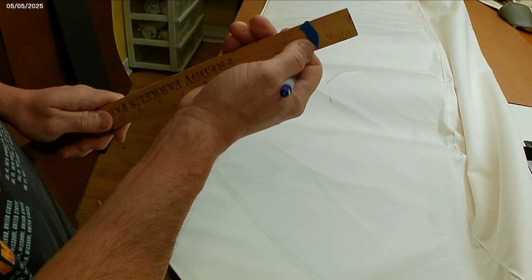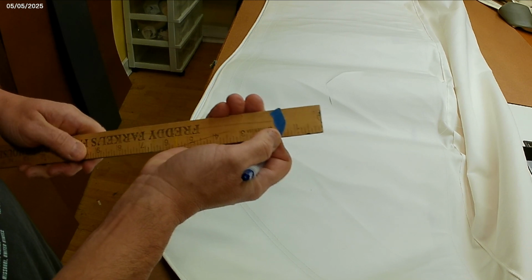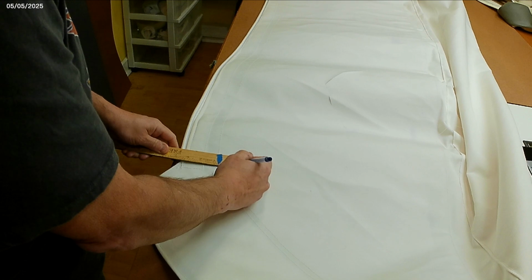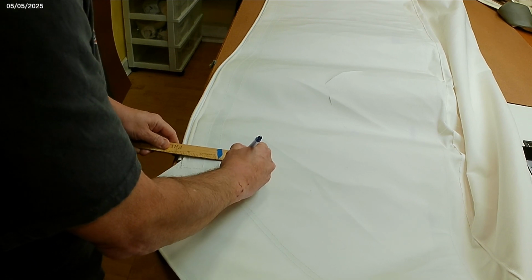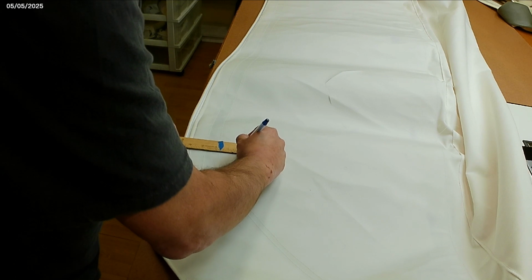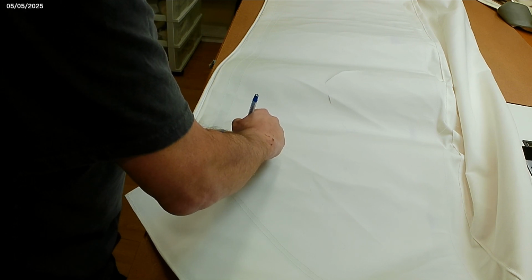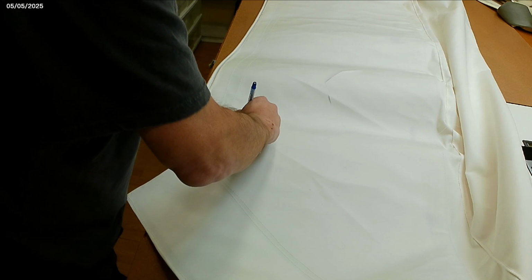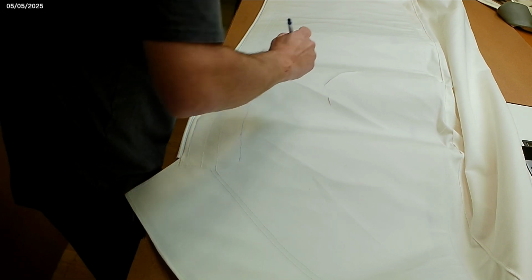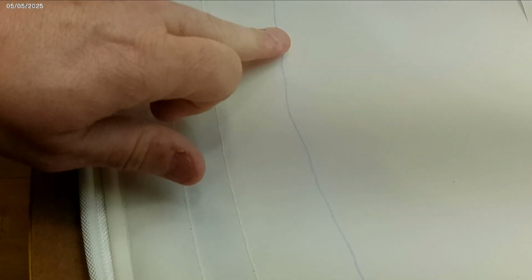What I do is I take a piece of tape and I mark where I want the 1.5 inches on the ruler. So that'll be about 1.5 inches, and then I can easily locate it. So I'm just going to line that mark on the ruler up and take my marking pencil and go along. As you can see, I have the line drawn